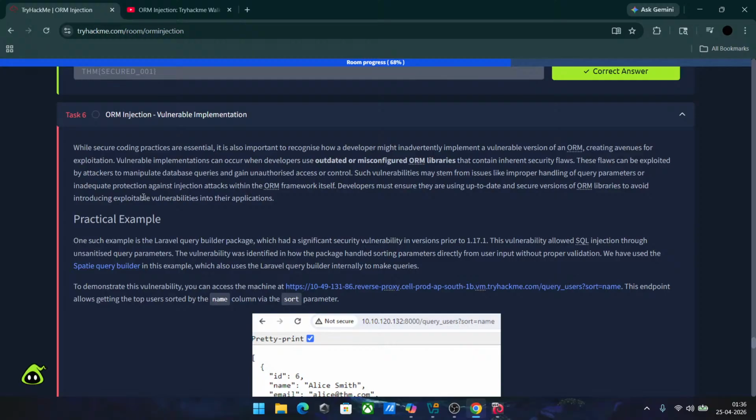While secure coding practices are essential, it is also important to recognize how a developer might inadvertently implement a vulnerable version of an ORM, creating avenues for exploitation. Vulnerable implementation can occur when developers use outdated or misconfigured ORM libraries that contain inherent security flaws. These flaws can be exploited by attackers to manipulate database queries and gain unauthorized access or control,